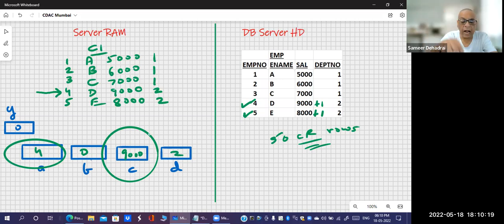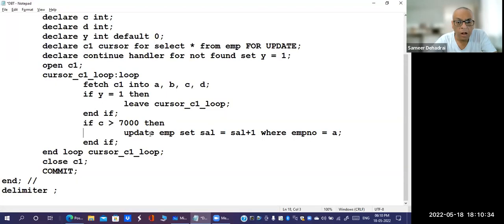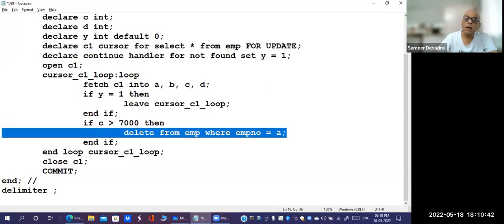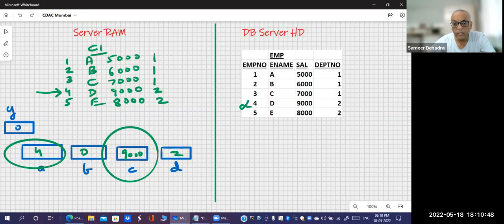And similarly, I have done this for update. Similarly, I can do it for delete. If I say delete from EMP, it's going to delete all the rows. But if I say where EMP no equal to A, in this case, it will delete the fourth and fifth row respectively. And even if you plan to delete, for locking the table, the syntax is for update